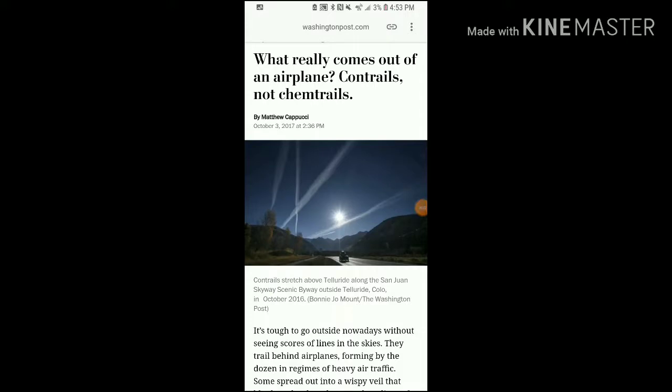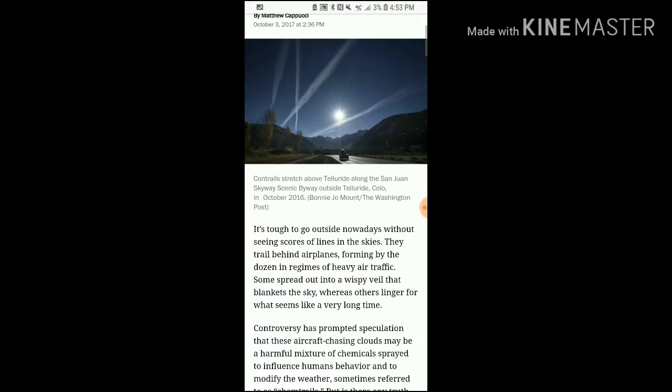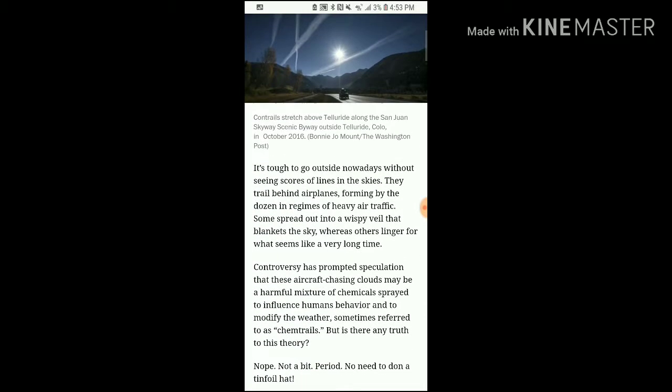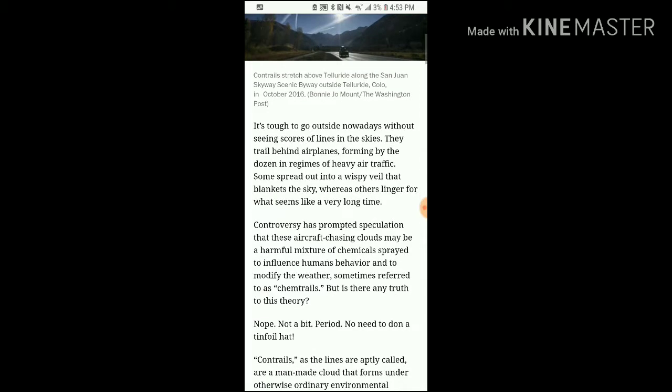So what really comes out of an airplane? Contrails or chemtrails? It is tough to go outside nowadays without seeing scores of lines in the skies. They trail behind airplanes, forming a dozen regiments of heavy air traffic. Some spread out into a wispy veil that blankets the sky, while others linger for what seems a very